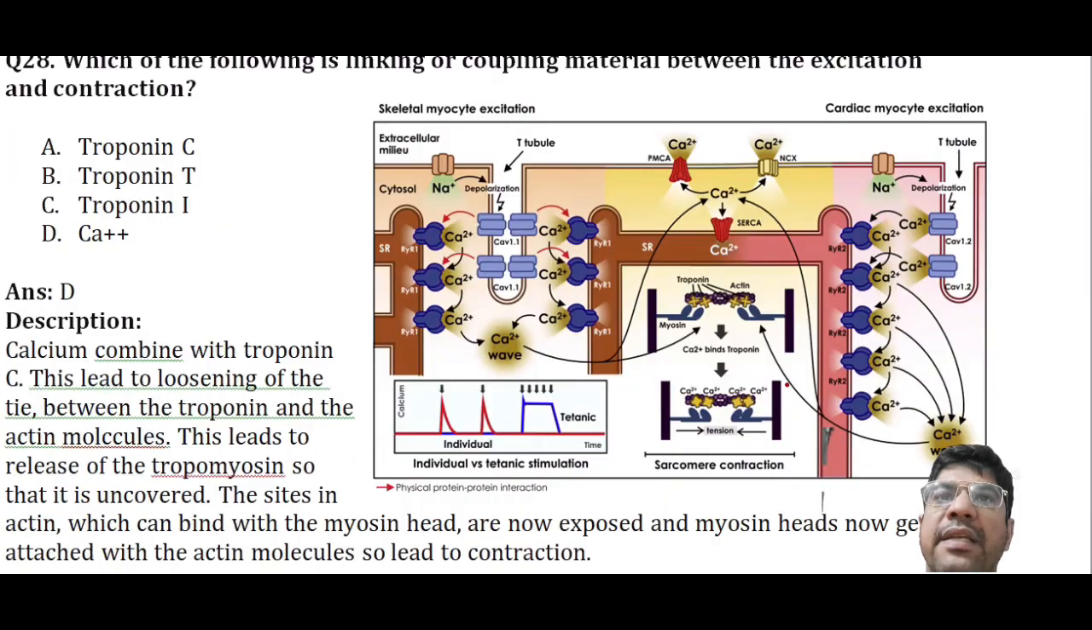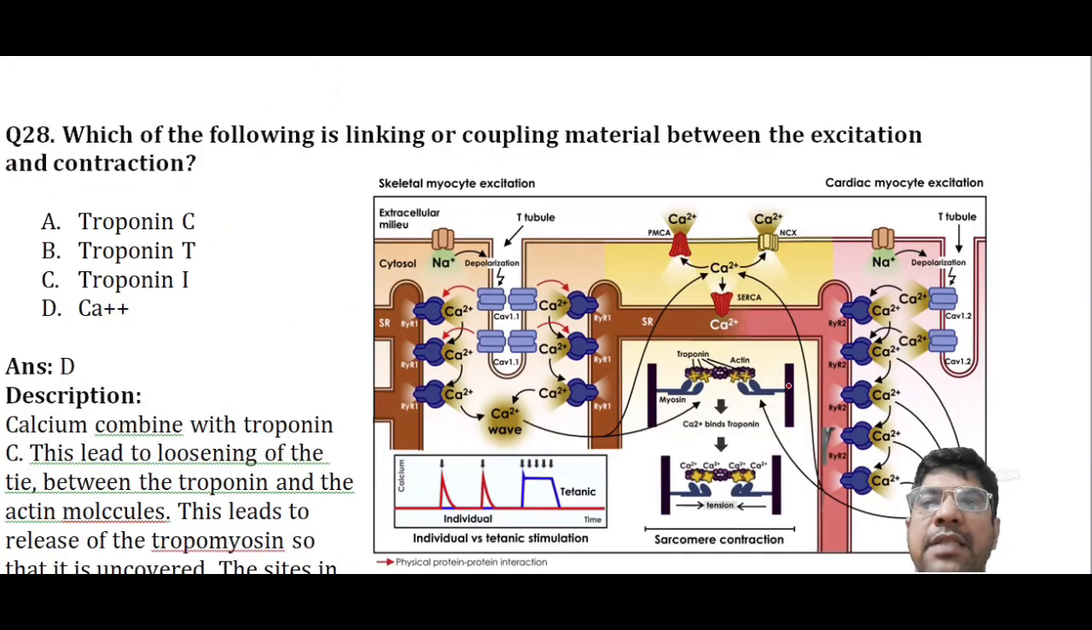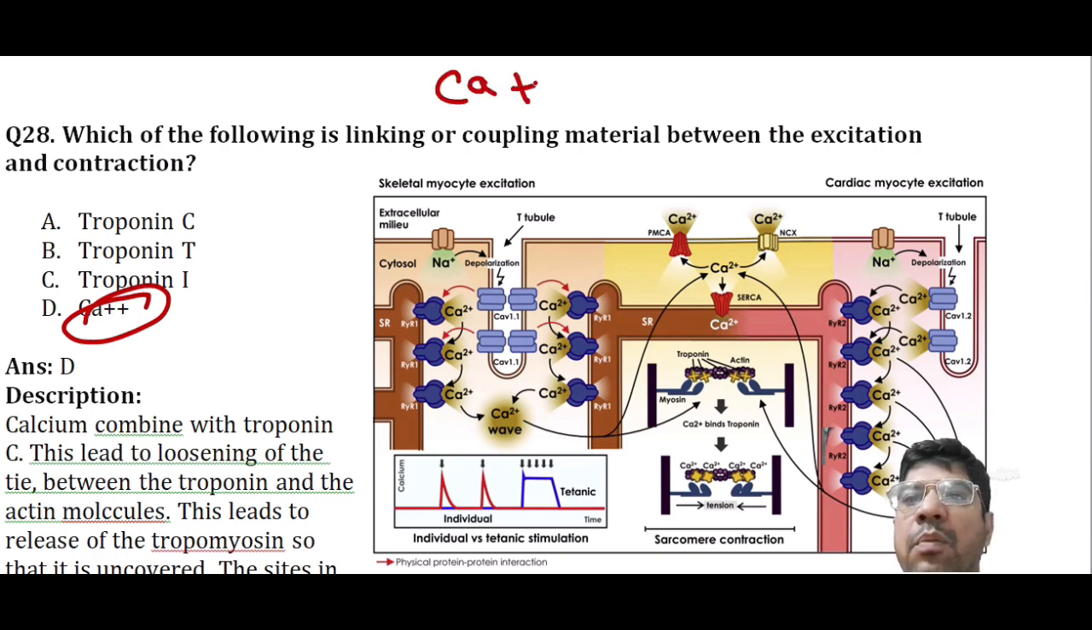Which of the following is the linking or coupling agent between excitation and contraction? The answer is calcium. So the coupling material between excitation and contraction in the muscle is calcium. Calcium ions play an important role in regulating muscle contraction. So when calcium combines with troponin C,